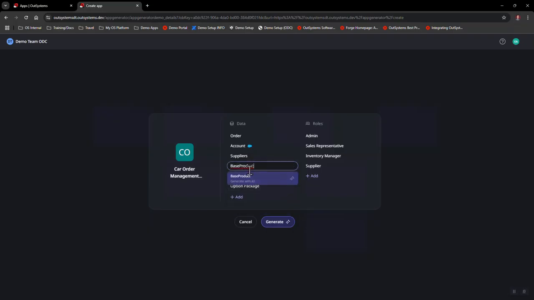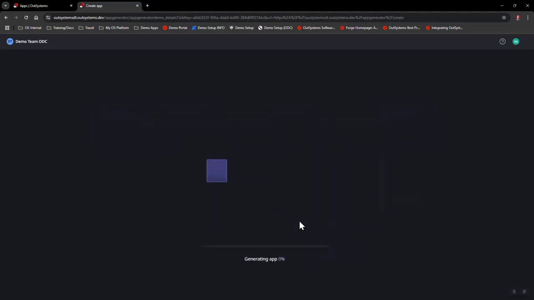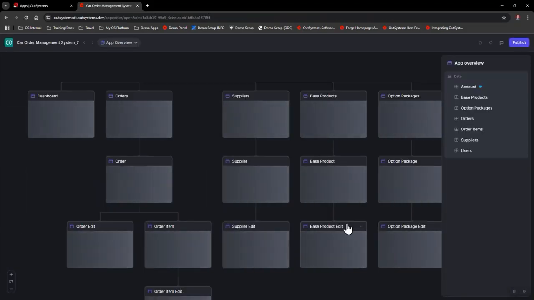I want to make sure each and every one of these other tables is being generated with AI rather than pulling from other existing tables in our environment. And then once I've completed my general specifications, I can go ahead and click Generate to start building the application. So again, I'm condensing the timeline. This particular part, the generation part, would take a few minutes, but making this quicker for the demo here,